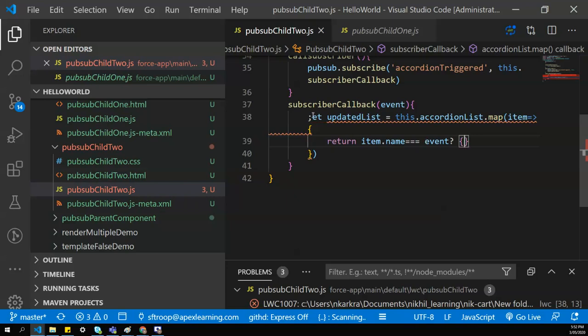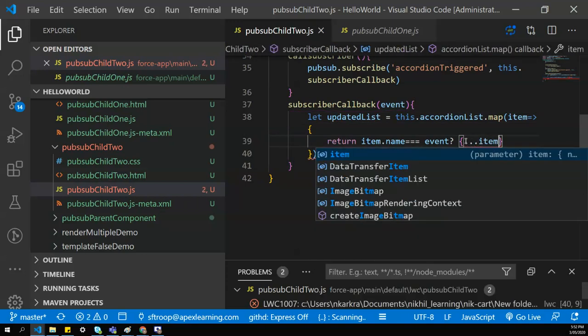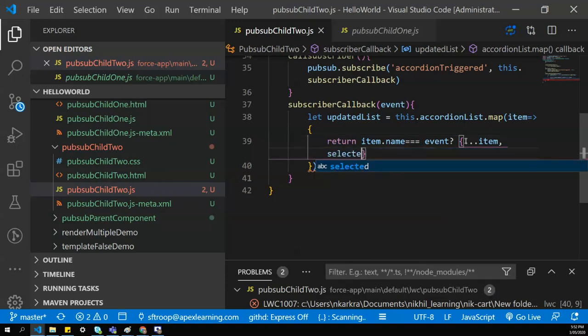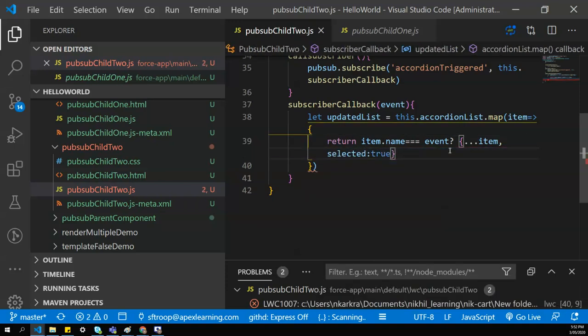then destructure the item and make the selected property as true, otherwise make the selected property as false.